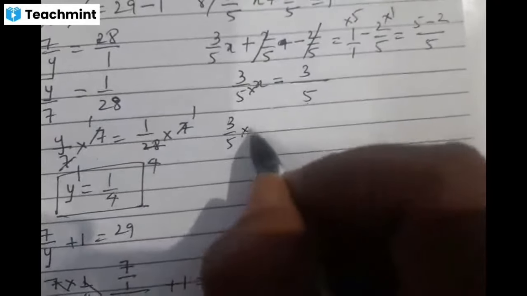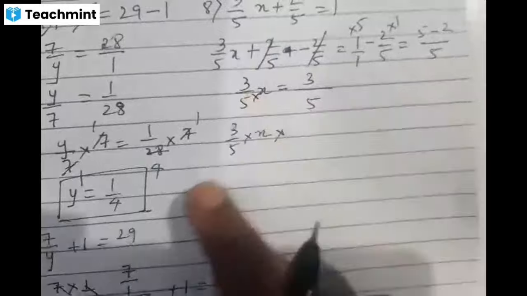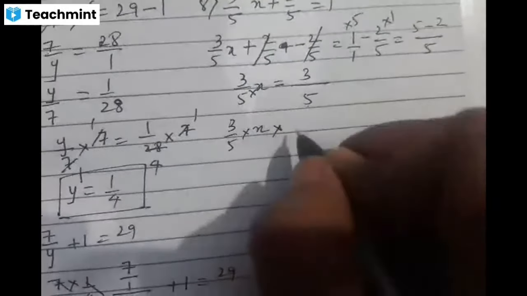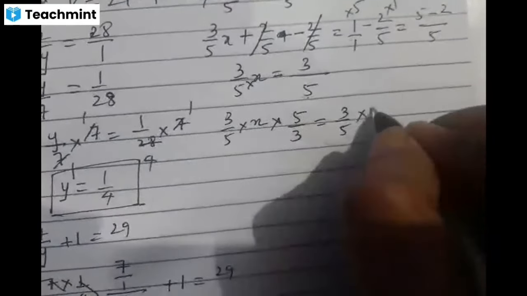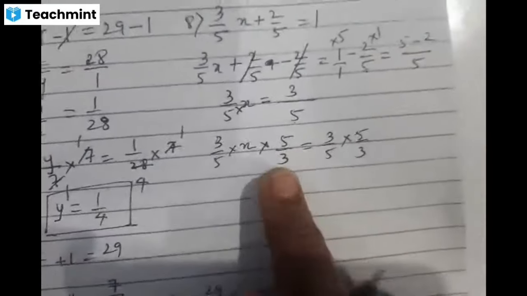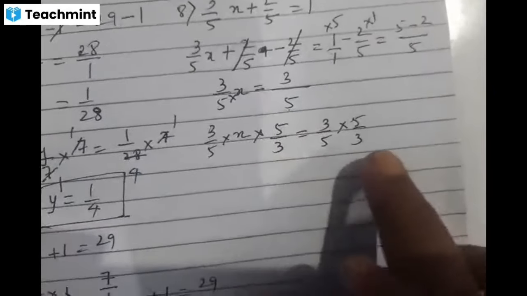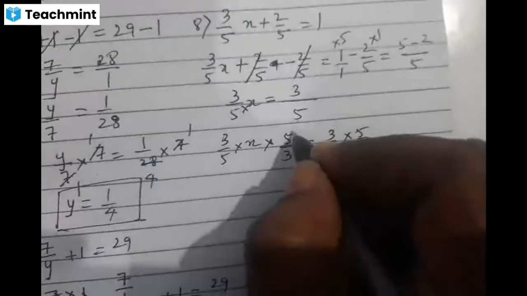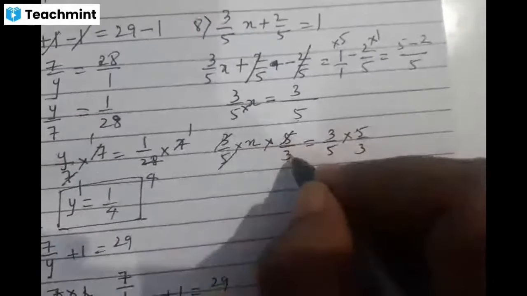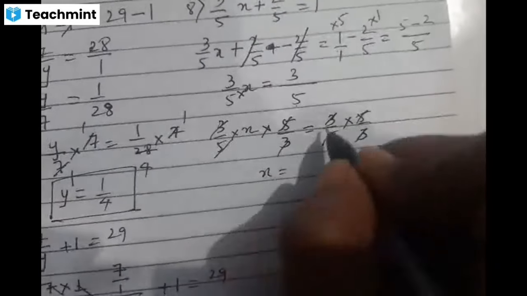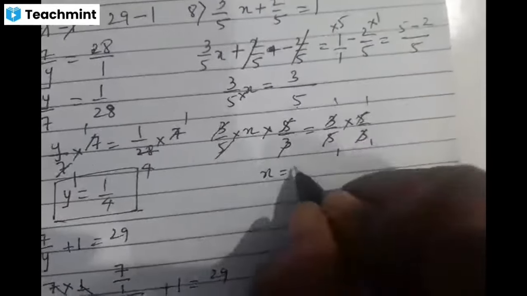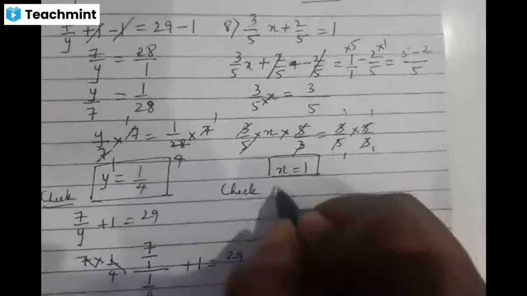Now, you have 3 by 5 into x. I don't want this 3 by 5, so I have to multiply by the reciprocal. What is the reciprocal of 3 by 5? 5 by 3. Into 5 by 3 again in the right hand side, because you have multiplied 5 by 3 in the left hand side, same in the right hand side. 5 5 get cancelled, 3 3 get cancelled. Here also 3 3, 5 5. Therefore, x is equal to, nothing is left. What is there, children? 1 will always be there. x value is 1. Now it is time to check.